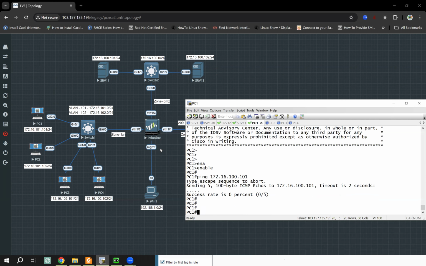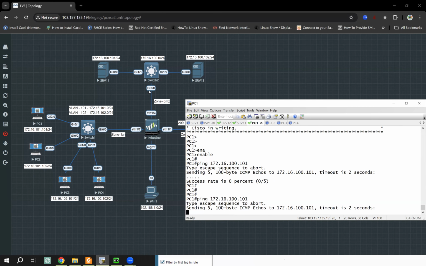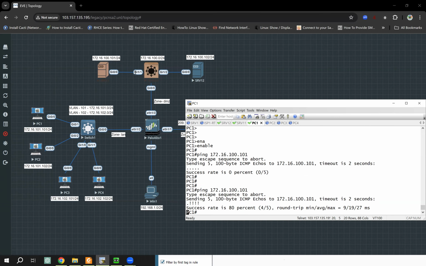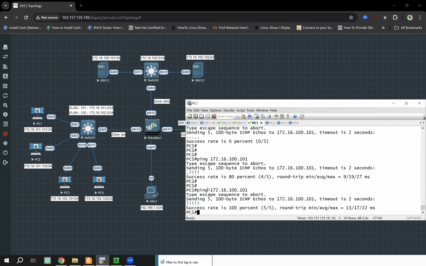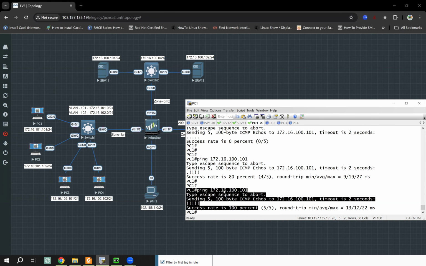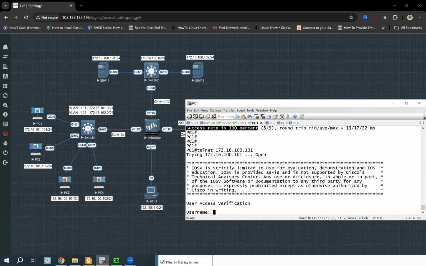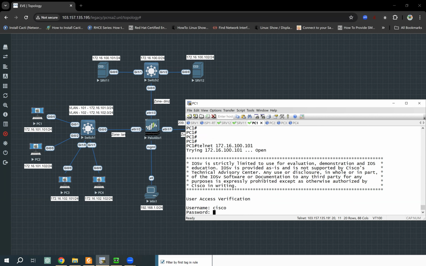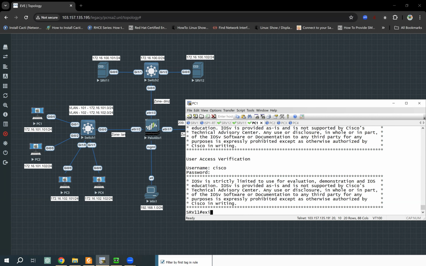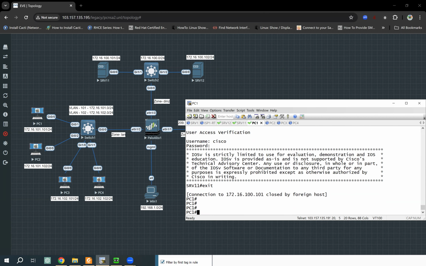Checking the connectivity from PC1 to server 1. It's working, right? I can send the ICMP packet. I can send the telnet packet if telnet is enabled. Telnet is working, and if I send an SSH packet,